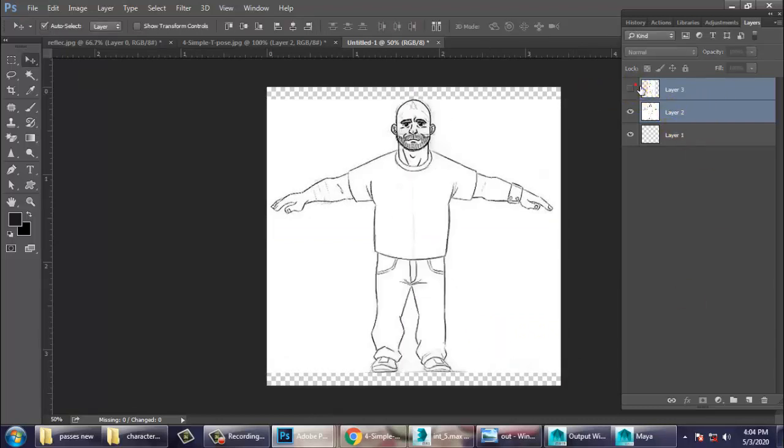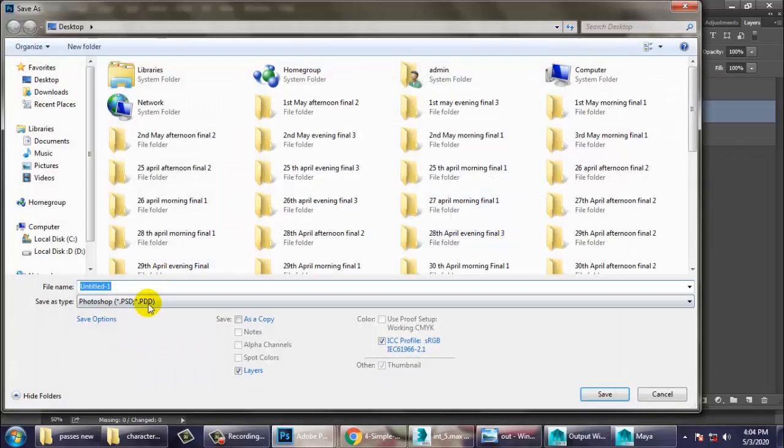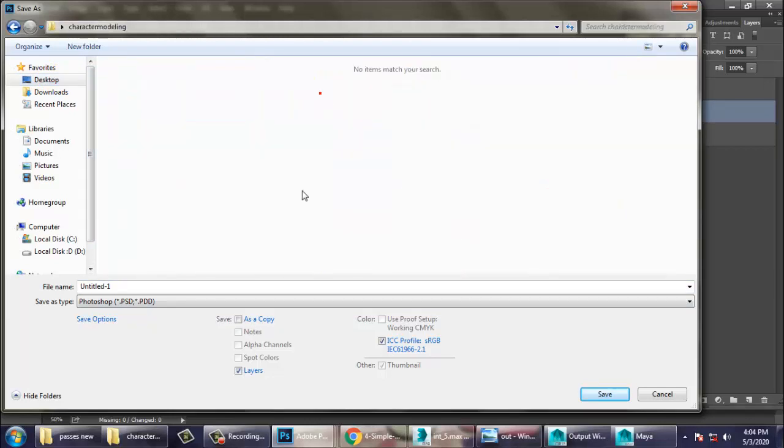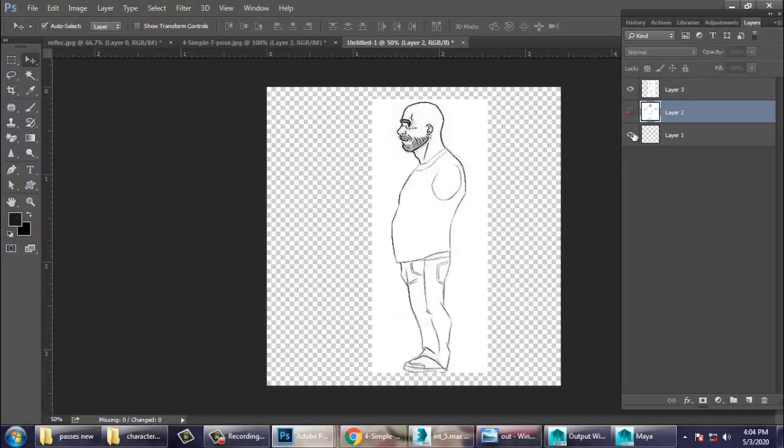So of the top character, the side view over here, select this, go into file, save as, and let's go into the desktop. I have a folder over here, side, save it in JPG. Oh, sorry, that was a front view.